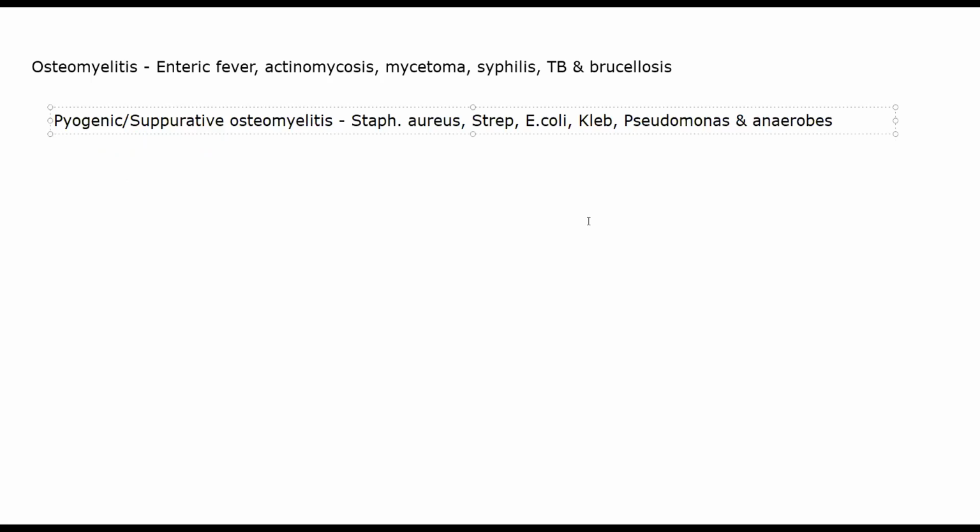All right, but sometimes it can be a complication in another condition. So if it is occurring directly, it will mostly occur in infants or young children, 5 to 15 year olds, of long bones. It can occur as a complication as well. Complication in whom? For example, patients who are having compound fractures. Okay, this can occur at any age if osteomyelitis is occurring as a complication. So anyone who has compound fractures, or someone who is undergoing surgical procedures, especially surgical procedures involving prosthesis or implants.